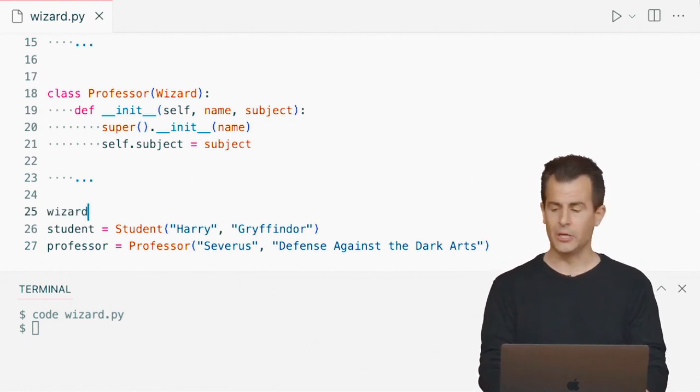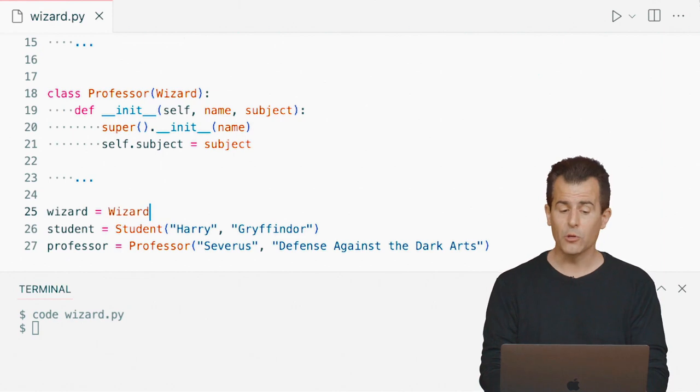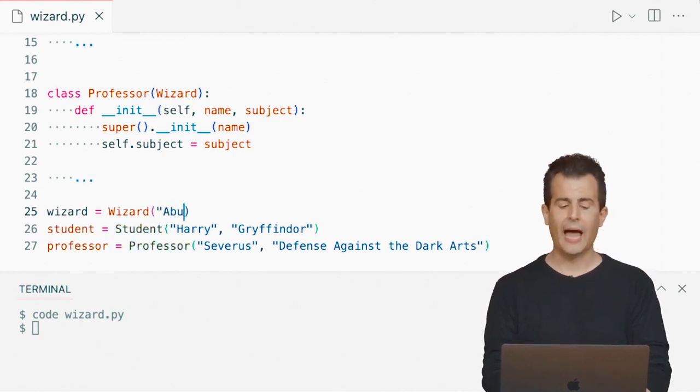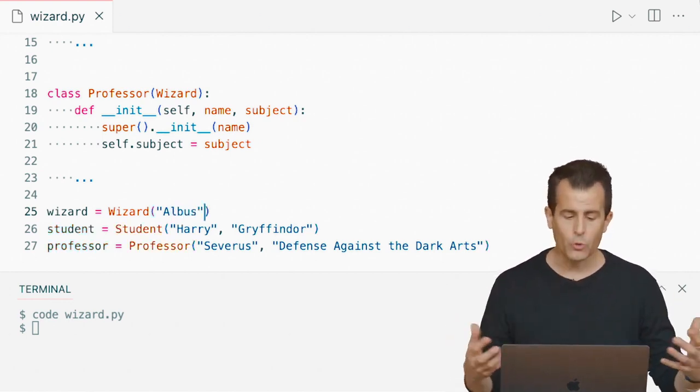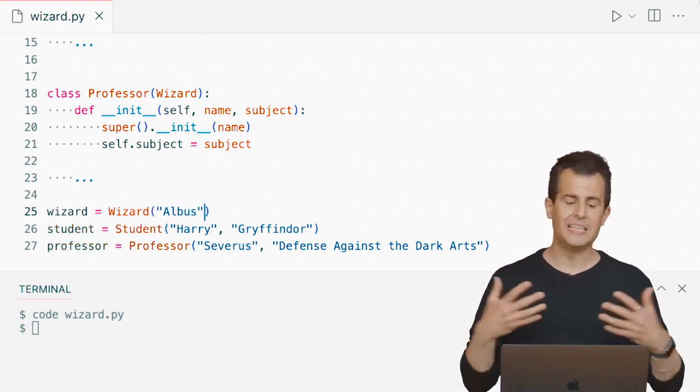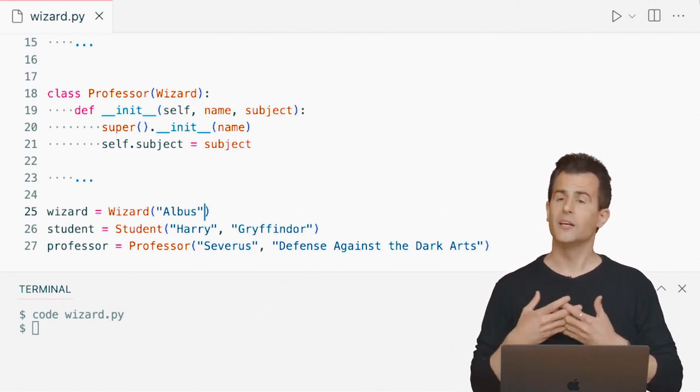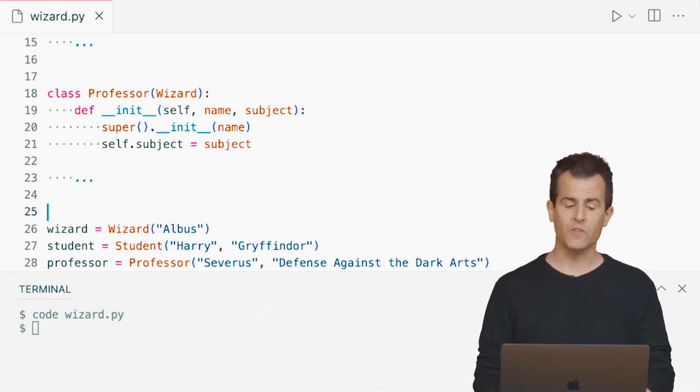We could do wizard equals Wizard with a capital W on the right-hand side of the equal sign because it's the name of the class, and someone like Albus, passing in only Albus's name, not a house, not a subject, because in this case, he's known only as a wizard. Meanwhile, with each of these calls,